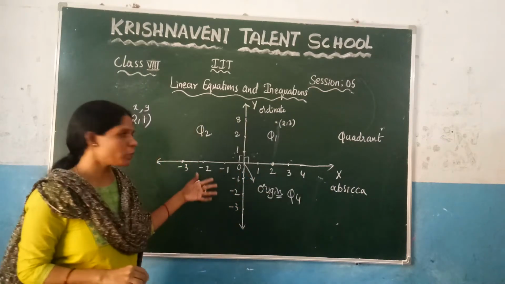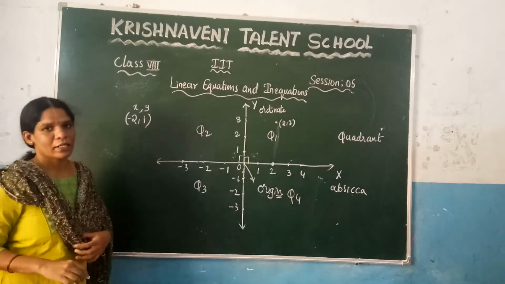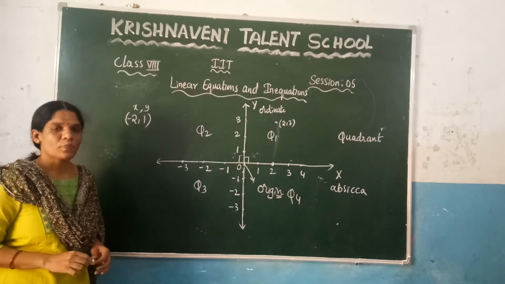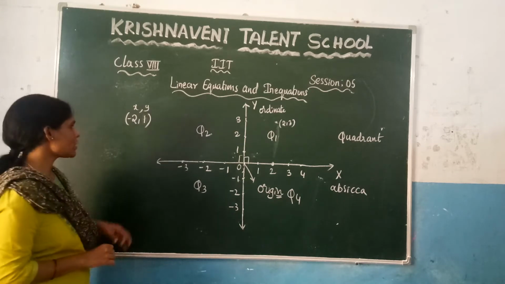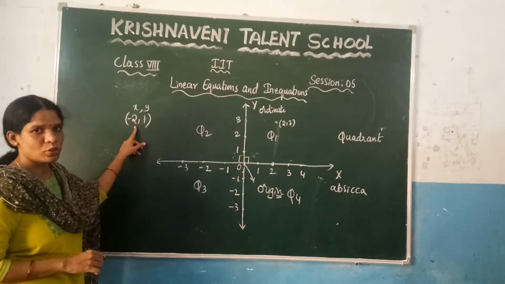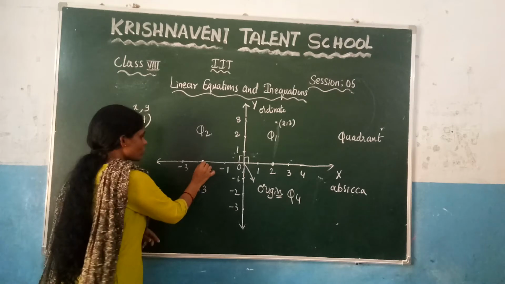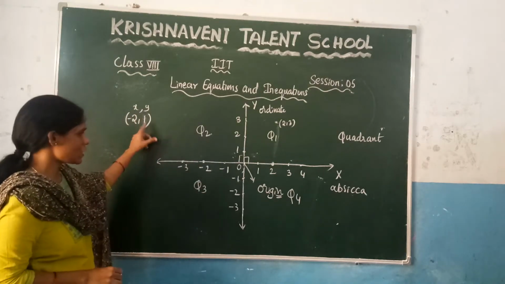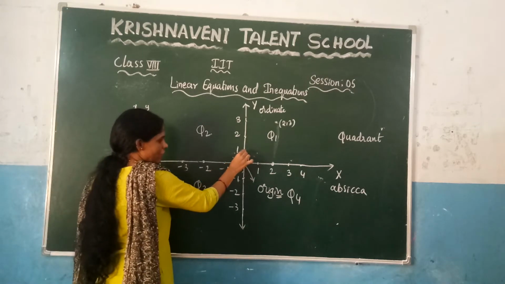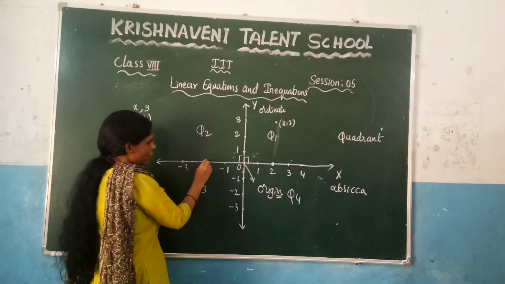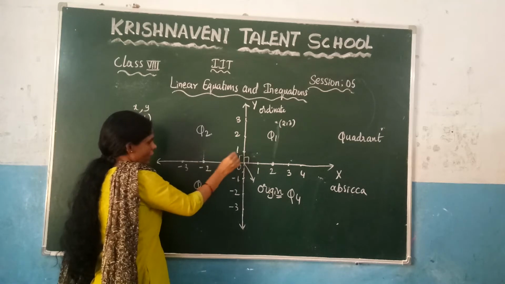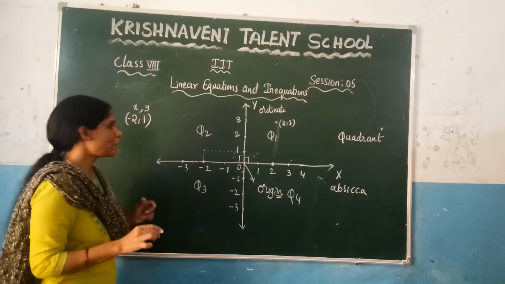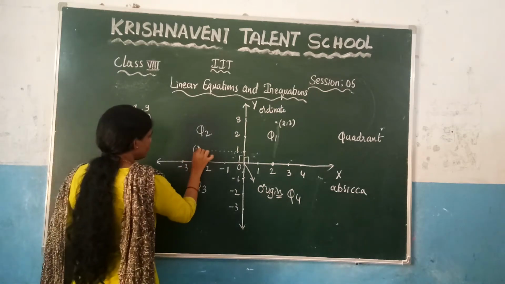Let us locate one more point in quadrant 2. Take this point, which is -2, 1. Here you need to check what is the point on the x-axis, which is -2. So you need to go to the point -2 on the x-axis, right? And after that, what is the point on y, which is 1? So here, where is 1? This is 1. Where these two points intersect, go like this, and here also if you go like this, it is intersecting at this point. This is nothing but -2, 1.